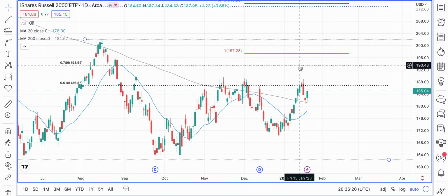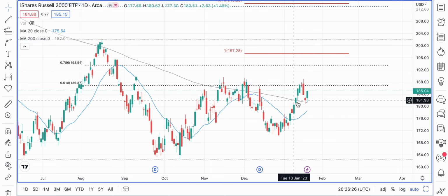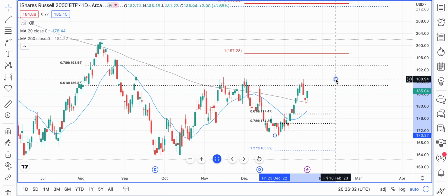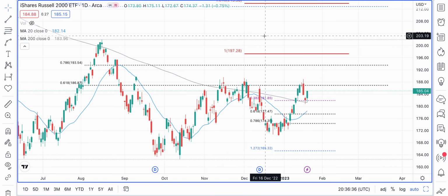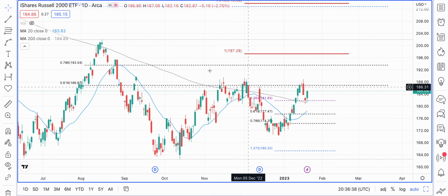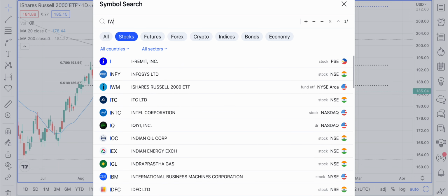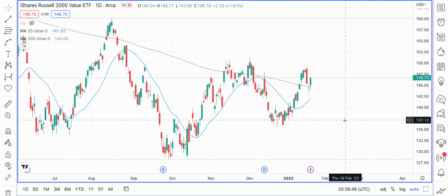We have some resistance on 194 because of the 78.6% retracement level. Good thing to see is that just like the futures contract, it found support at the 38.2% retracement level, and also it closed above the 200-day period moving average. So that's all positive. We are also going to look at the IWN, which is the value